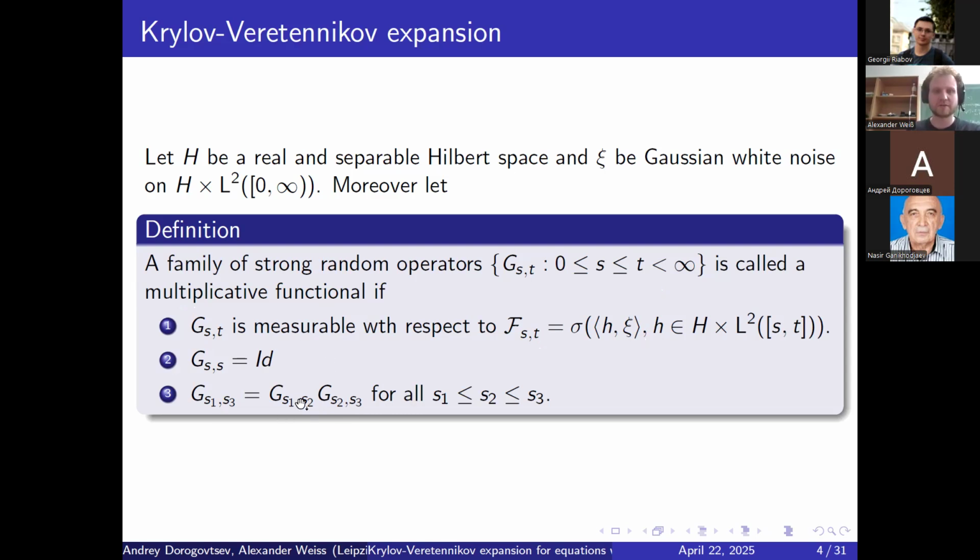In general, applying strong random operators to strong random operators doesn't give a random operator in the sense of a linear and continuous operator, because those operators are not pointwise or omega-wise operators, but rather seen as a random function. But since G_s2 and S1 and S2 are independent from one another, because it depends on the increments of the Gaussian white noise, a measurable modification can be made sense of in this case.